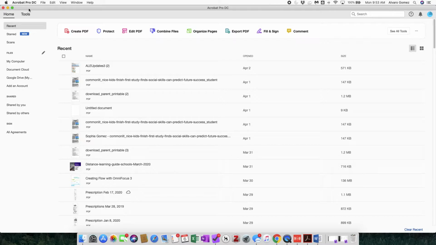Okay, and so as a district, Northside does have an enterprise license, so everybody in the district has access to Acrobat Pro DC. So if you need instructions on how to download it, let me know and I can get that to you. But as far as how to convert them